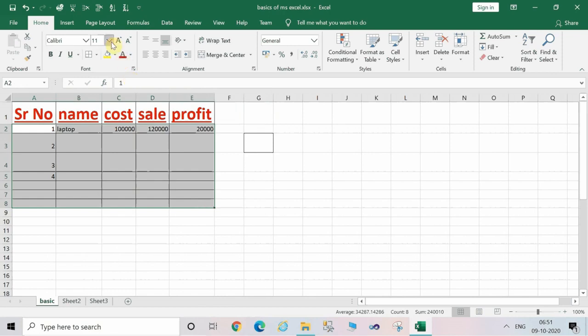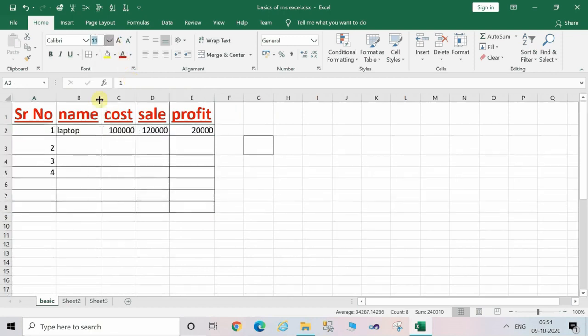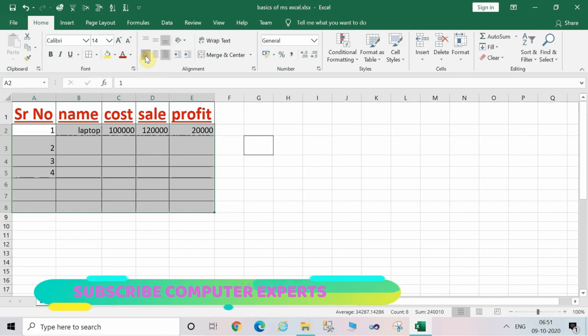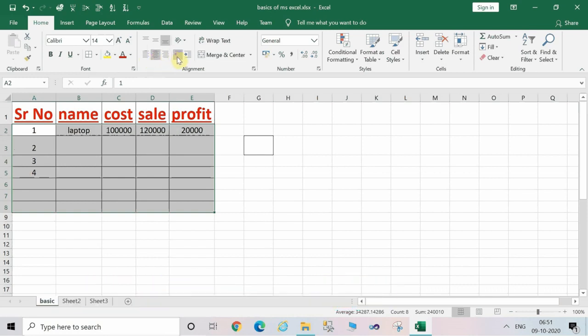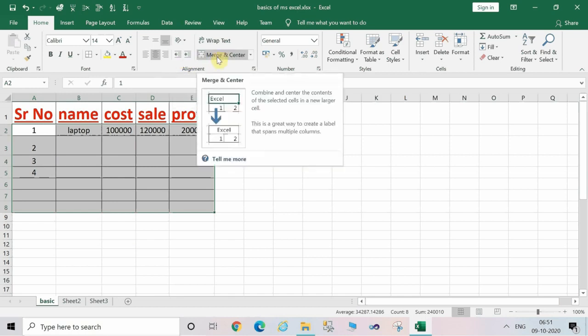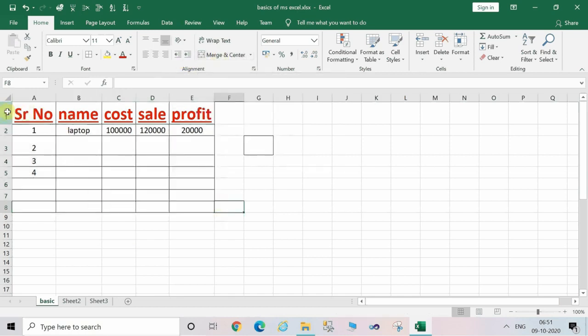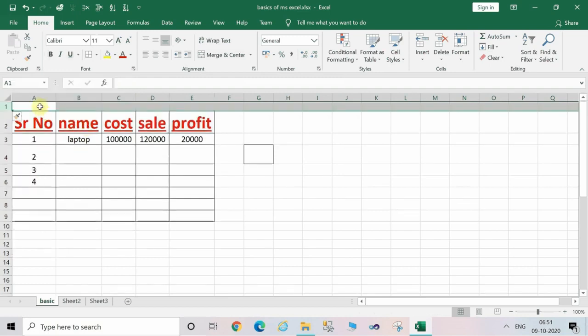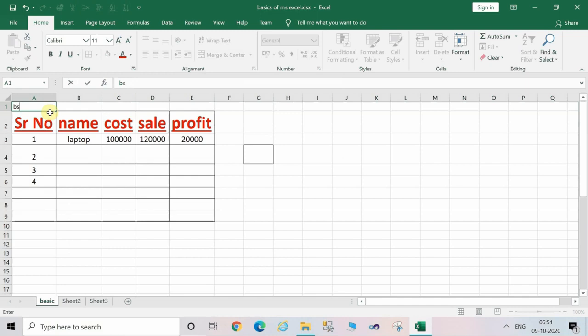You can change the font, you can increase the font size, and you can align the text left, center, or right. There is also the Merge and Center command. For this, I am creating some text to show you this command.